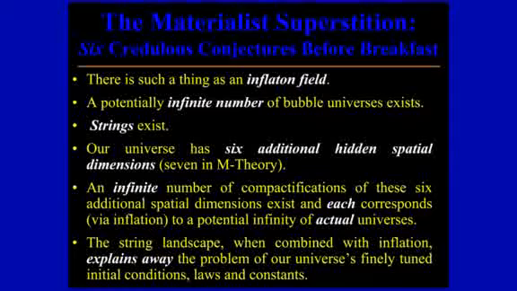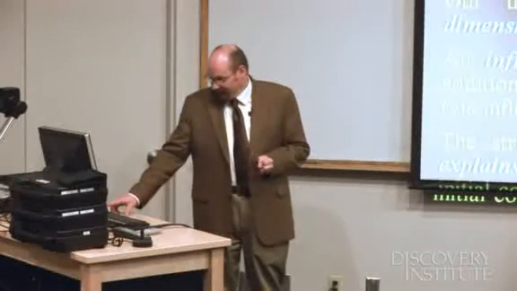Fifth, there's an infinite number of compactifications of these additional dimensions if you allow for a negative cosmological constant. And each of them potentially corresponds via inflation to an infinity of actual universes. And when you put all of that together, finally, you've got a situation that explains away the fine-tuning of initial conditions. Okay? Believe that? I've got some land in Florida I'd like to sell you. Okay, but